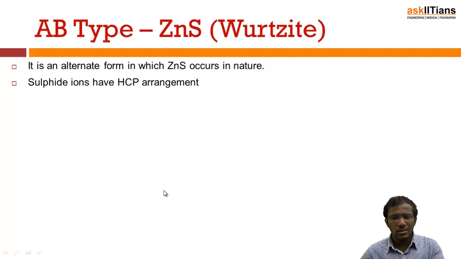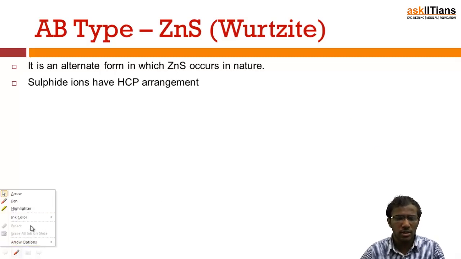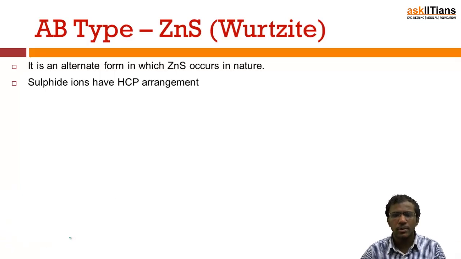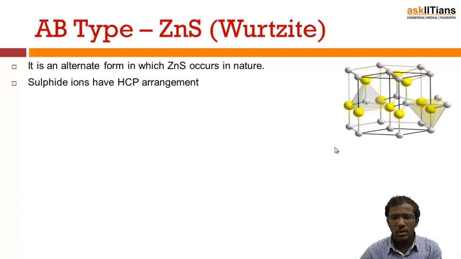So here it is a more or less complex arrangement of zinc and sulfide ions as compared to the sphalerite structure. Here the sulfide ions have an HCP arrangement, hexagonal close packing arrangement. You already know, we already discussed the HCP arrangement, in which the sulfide ions will occupy